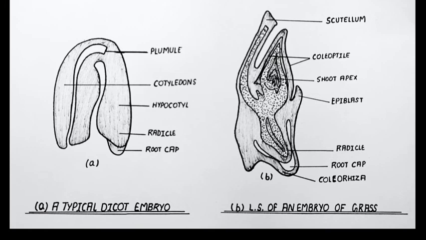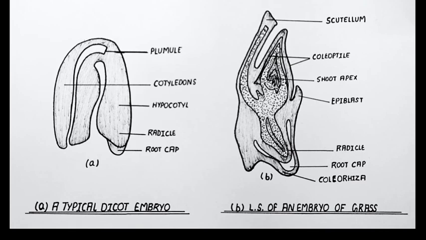The second part is the cotyledons, which are 1 or 2 in number: in monocotyledons it's 1 and in dicotyledons it's 2. Then the embryonal axis. Sometimes in the seed the remnant of the nucellus may persist, and this is called perisperm. At maturity the water content of the seed decreases and it finally enters a state of inactivity called dormancy. It means dormancy is the stage of seed where it is alive but not active.